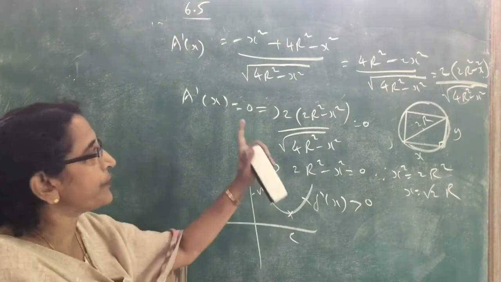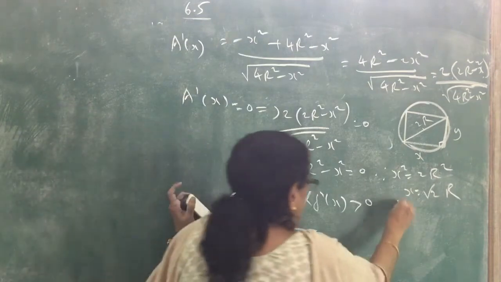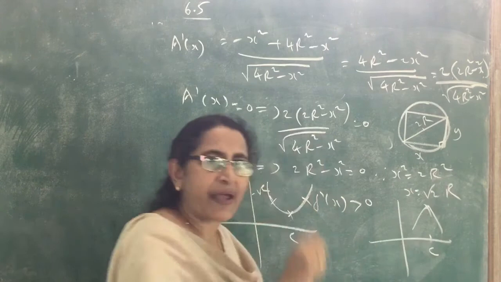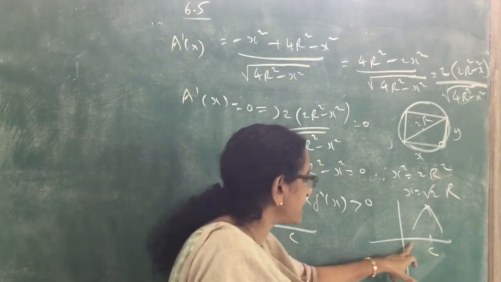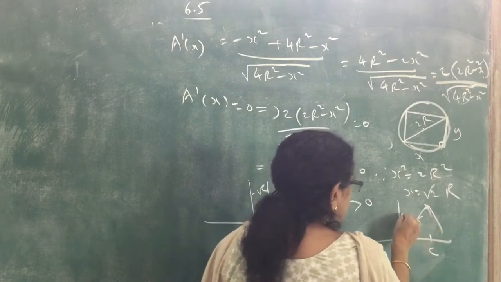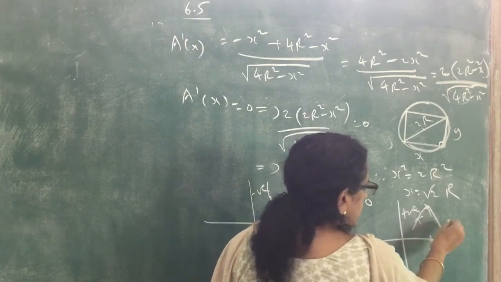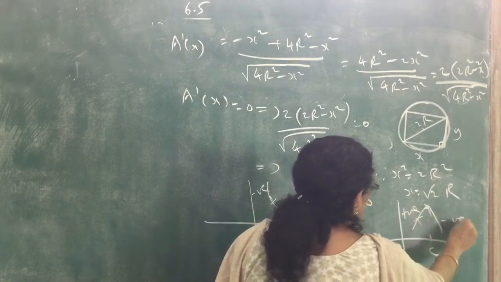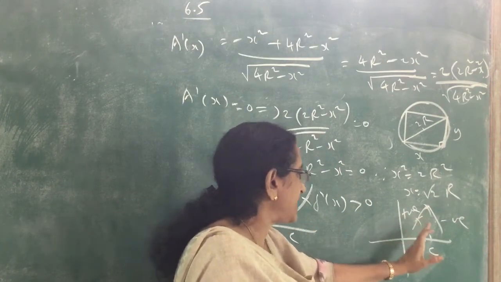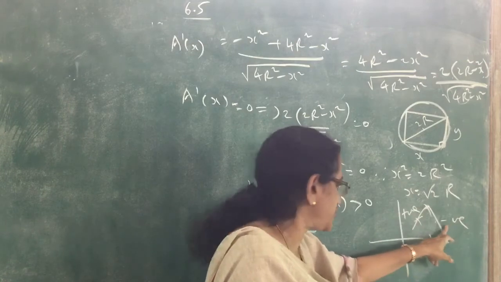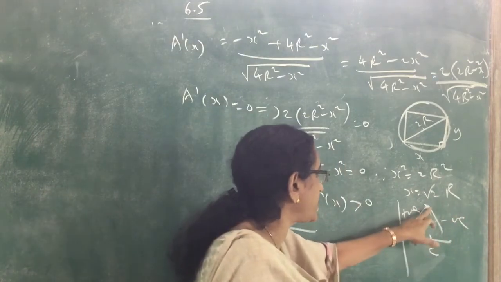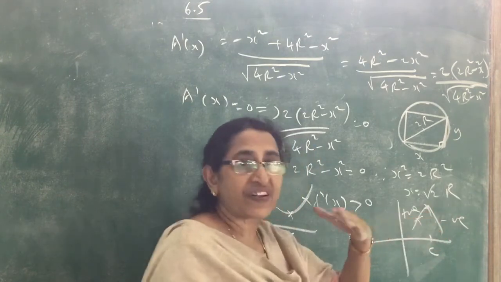So here we have to prove that it is maximum. Maximum means this case. So at x equal to c, the function is maximum means when x is less than c, the first derivative should be positive, and here the first derivative is negative. So when x is less than c, f dash x is positive. When x is greater than c, f dash x is negative. In that case, c is the point of maxima. That is the first derivative test.